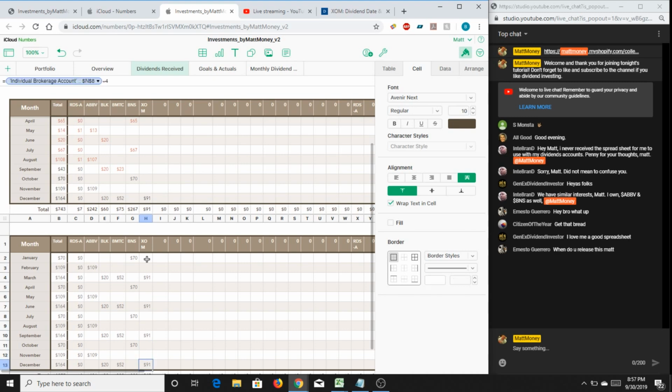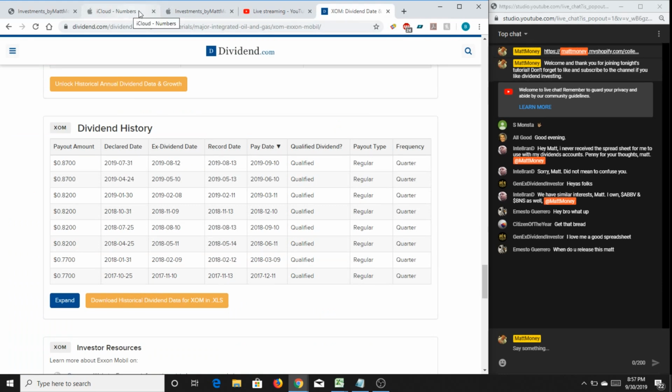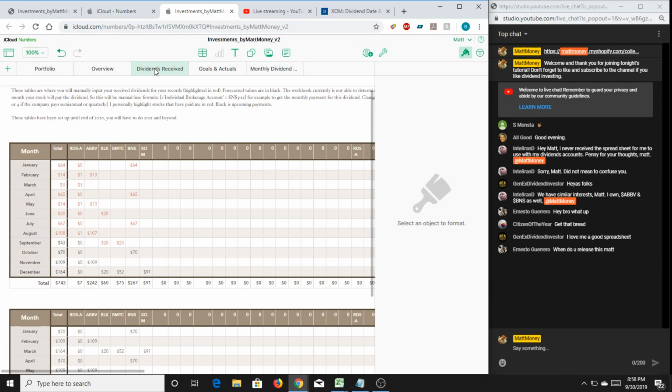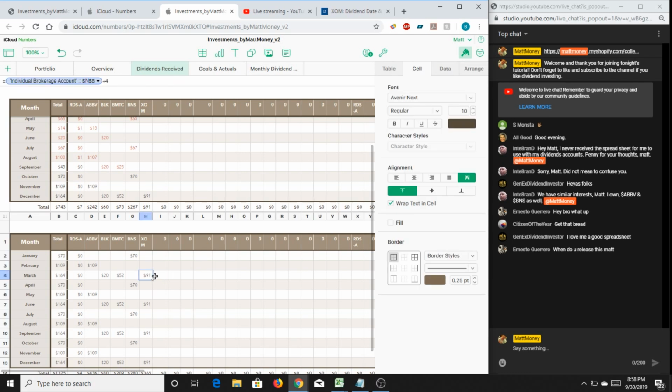next year. Now, because this is referencing this initial portfolio table, and generally speaking, if companies are consistent, they won't change what months they're actually paying their dividend. Say Exxon raises their dividend again to say $95 per share per quarter. This would automatically change to 95 whenever they decide to do that. I think they decided to do that in generally the third quarter. So next year, you'll probably get a $91 dividend payment in March, one in June,